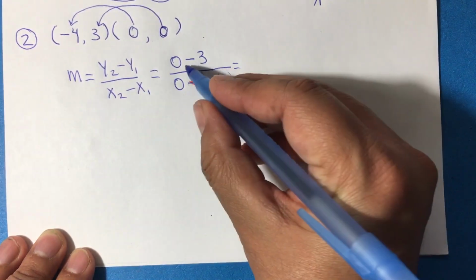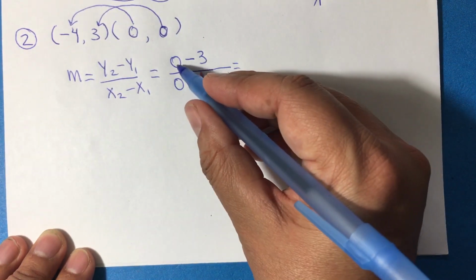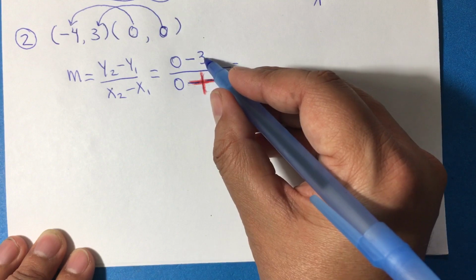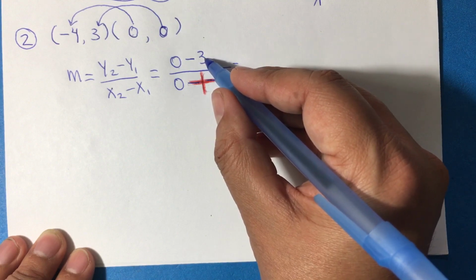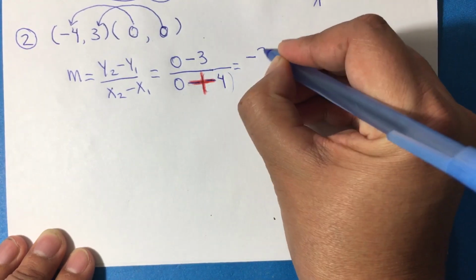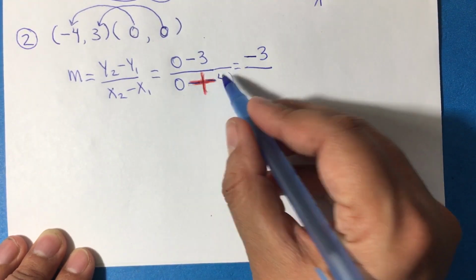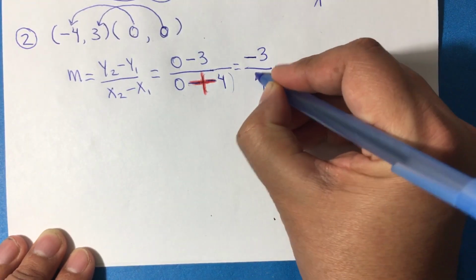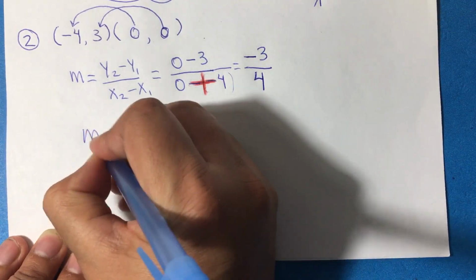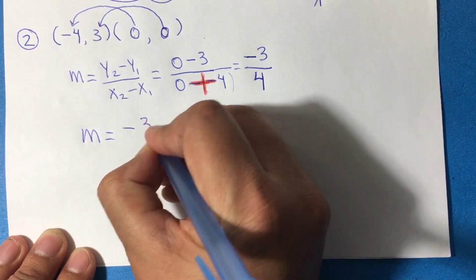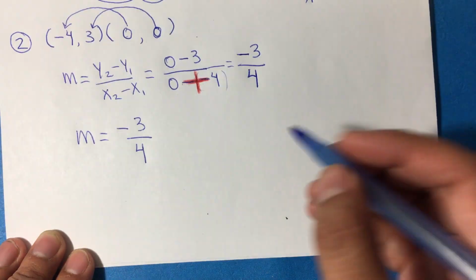Now you have 0 minus 3. If you have nothing, but they want to take away 3, you don't have anything, that means that you're going to be in debt. 0 plus 4, that's 4. So my slope is going to be -3/4. Okay, so